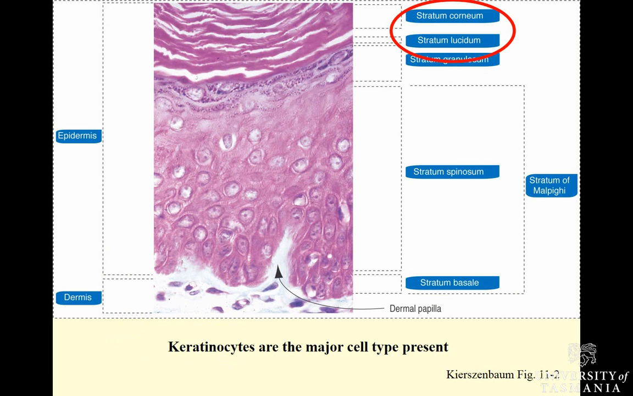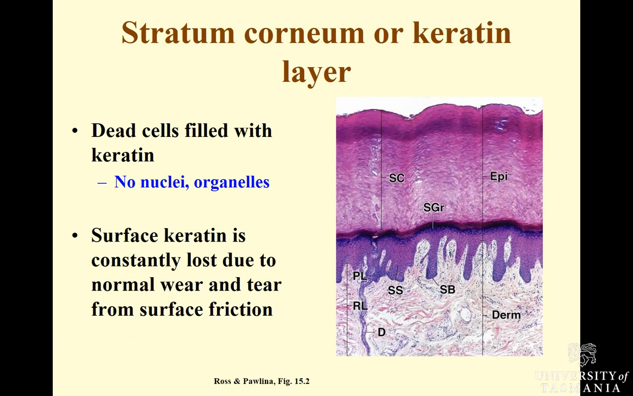So the last of the layers of the epidermis are, of course, the dead cell layers, the stratum lucidum and the stratum corneum. So these are, of course, dead cells filled just with keratin. There's no nuclei, there's no organelles, they're just protein, which is why it's quite acidophilic, or staining with eosin here. And we know that the surface keratin is constantly worn during normal wear and tear from surface friction. And of course, if you ever get a nice view of it in the sun and you rub your arm, you can see those little specks floating around in the air afterwards,